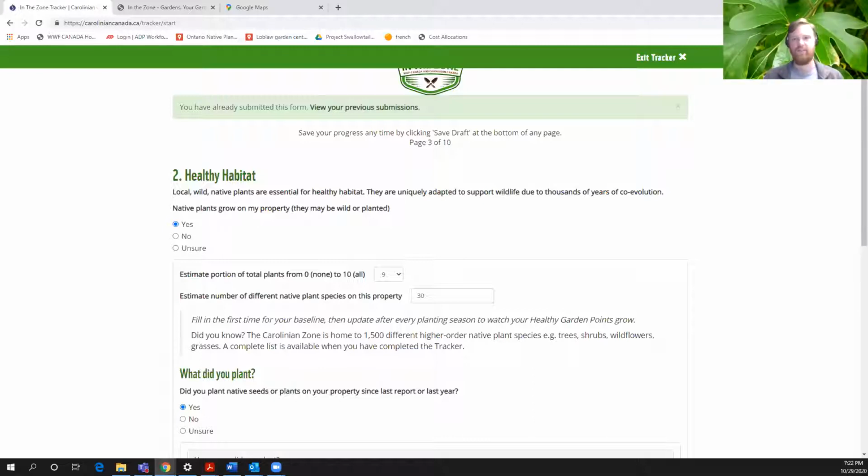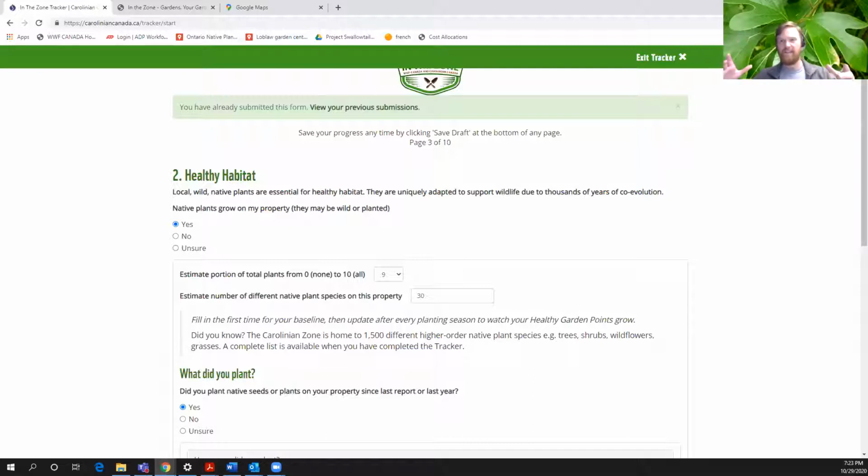Yes, yes. Okay, great questions. Thanks for that, Kathleen. So to the first question, because we're on the same property, we're going to enter this as the same property if it's just front yard and backyard. I would sort of average it out, basically. So you're considering it to be one property, and you're considering all the native plants and all the non-native plants on the entire property. So basically you average it out in your brain.